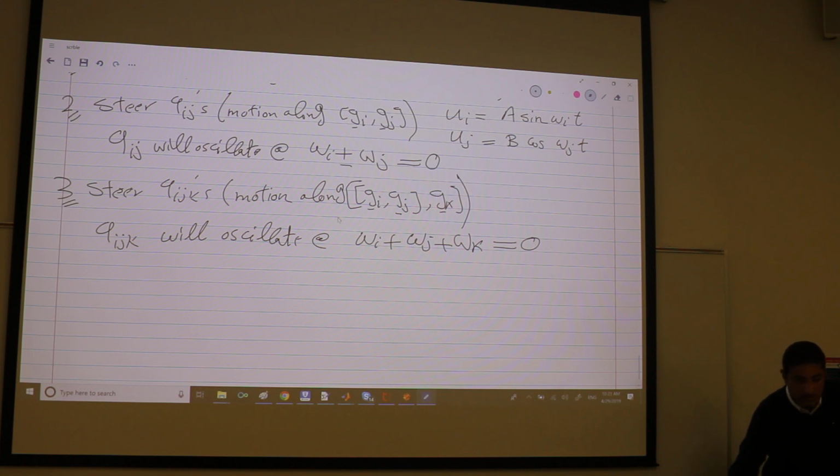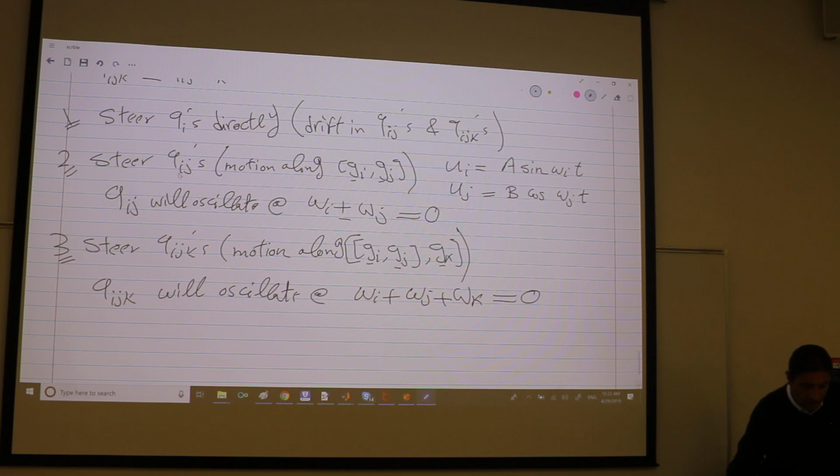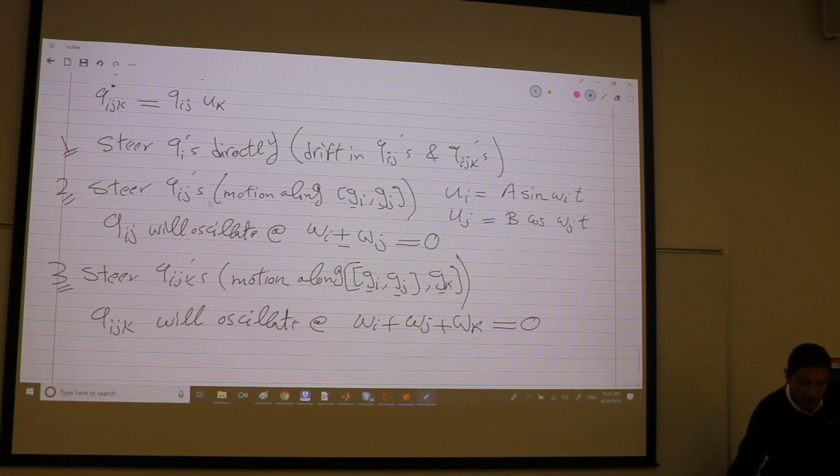Why? Because we already steered the QIJs, we don't want to disturb. Look here, when we were steering QIJs, we didn't want to disturb QIs. By the fact that these are sinusoidal, there will be no net shift in QIs, right? Because the average of sine and cosine is 0. When we come here, we will create a QIJ shift in QIJK, but we don't want to disturb the QIJs,